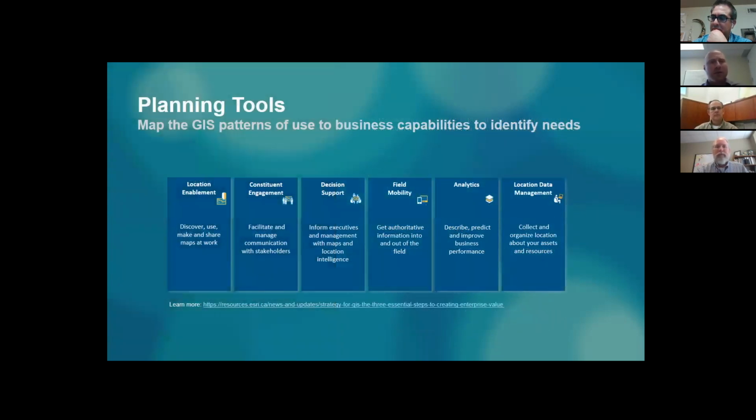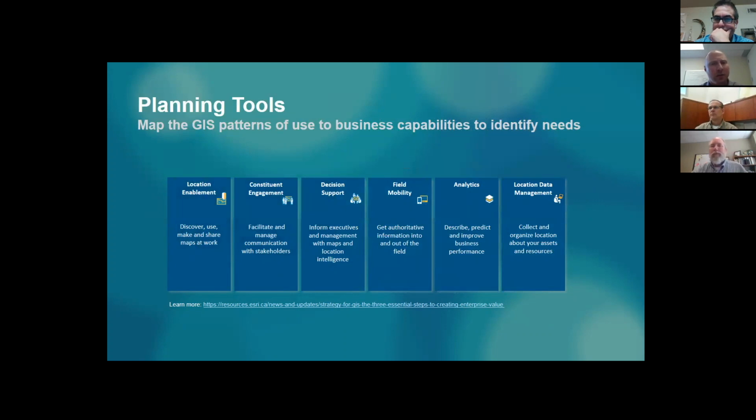So one tool that we use for this is these patterns of use. I'm sure a lot of you folks have seen them already, and I certainly find them very valuable in that exercise of looking at what the current use cases are, like how is GIS being used broadly in a business sense by different users, but also looking for gaps. So I'm looking at different business capability areas. So for example, if we're working within a public works department, might be talking about pest control, might be talking about tree maintenance. I'm looking for different ways that they are currently leveraging these 6 patterns, and I'm looking for opportunities